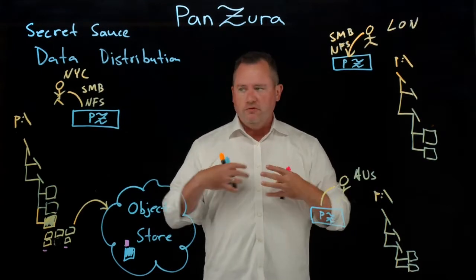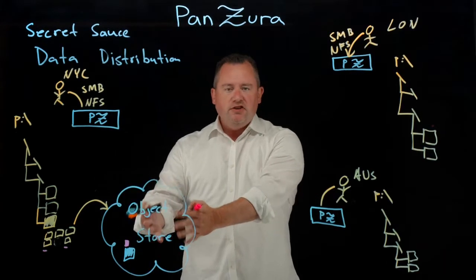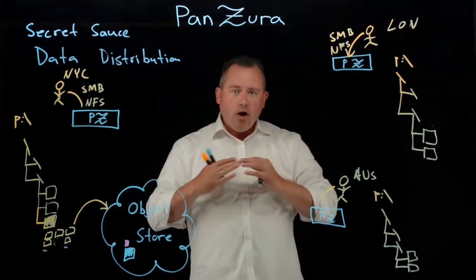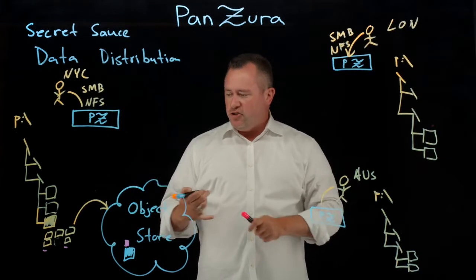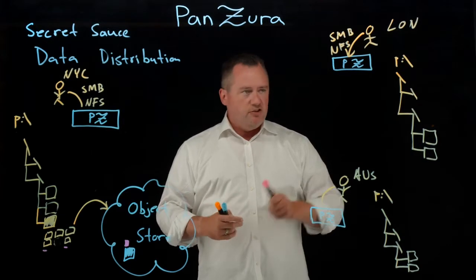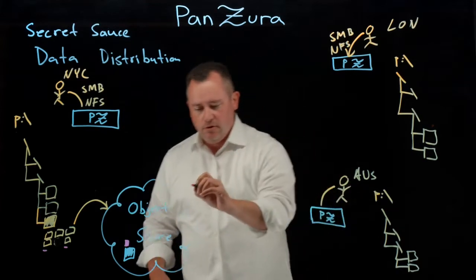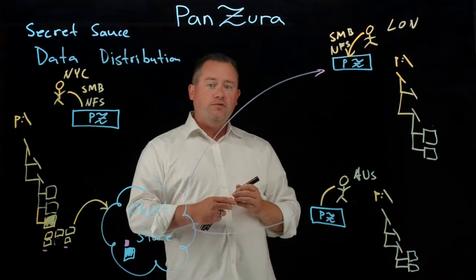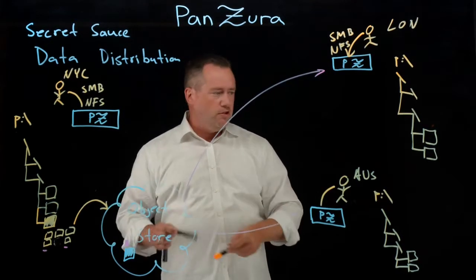Part of the beauty of our solution is we have an intelligent edge. The cloud, its benefit is that it's infinite, it's cheap, and it's durable. Our benefit is we're going to present that as a fast and friendly file system with all the intelligence to do the compression, the deduplication, the data movement, all of those things efficiently at the edge. So part of what we do is we're going to now move that meta, that 0.5%, out here. So these guys moved 0.5%. Just like that. It's a rounding error in the network traffic.